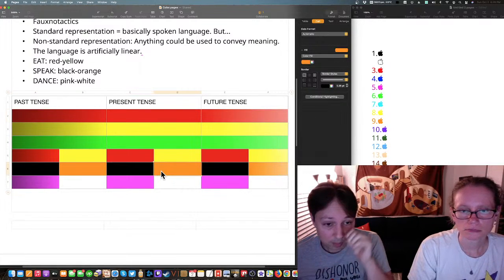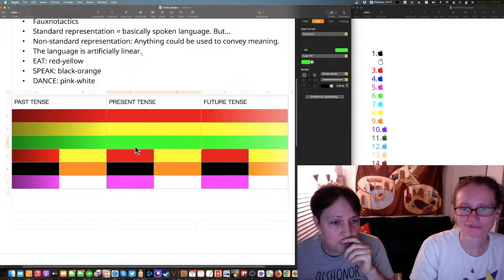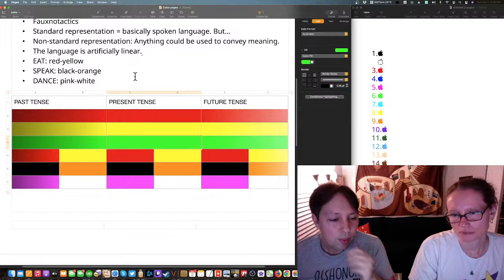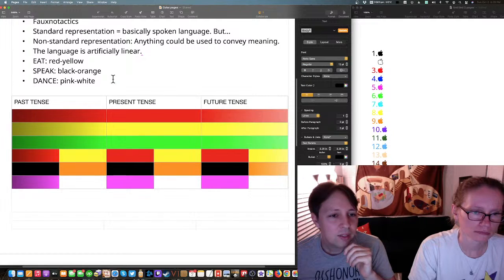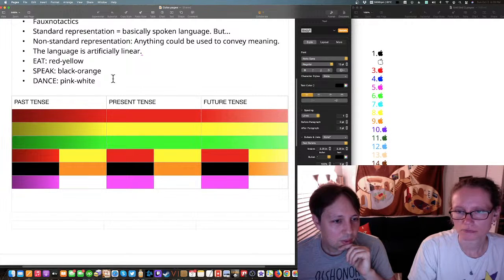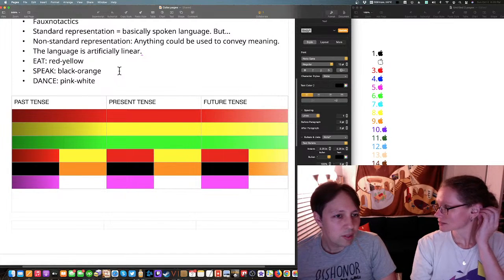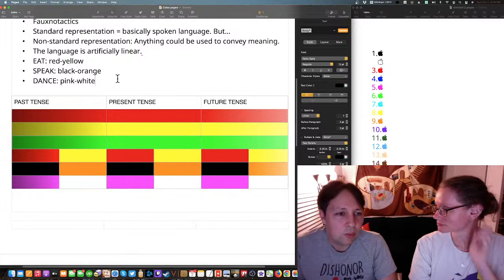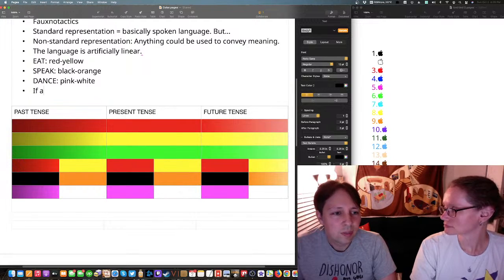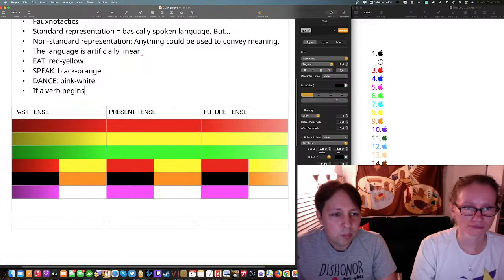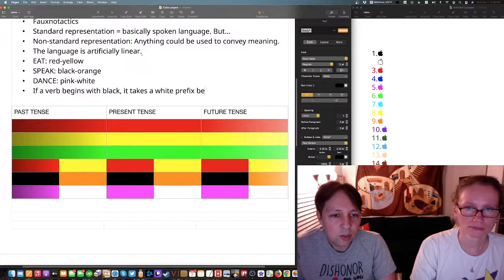So it's like this verb can't be expressed in the past, this one can't be expressed in the future. So then what makes sense to do is you add an allophone. And so what would happen is you have rules basically. If a verb begins with black, it takes a white prefix.